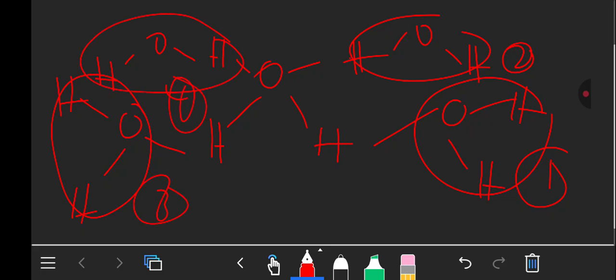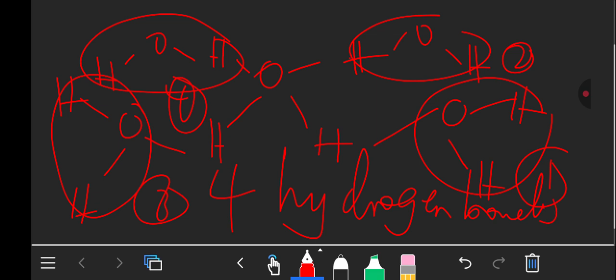So we can say that this water molecule is able to be bonded to 4, or is able to form 4 hydrogen bonds. Now let's look at the number of hydrogen bonds in liquid water